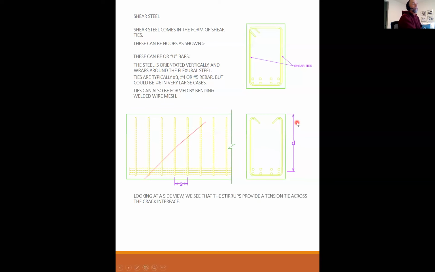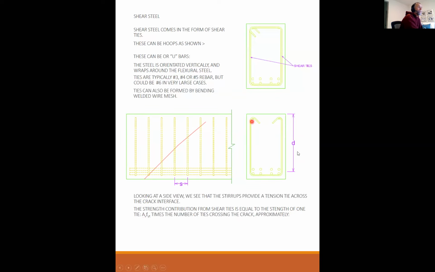If I recognize that d is from the top of the beam to the center of the flexural steel, as it's been all along, then this is d, and my spacing of ties is s, then I can see that the strength contribution from the shear ties is equal to the strength of one tie,